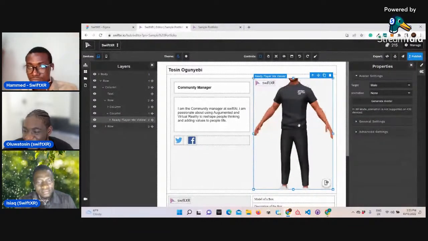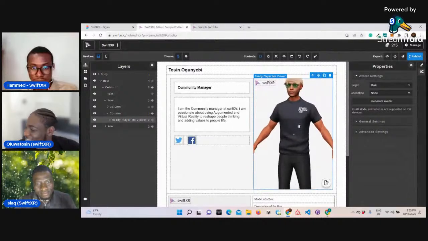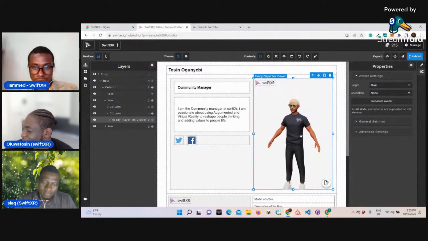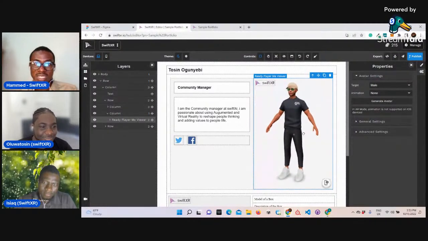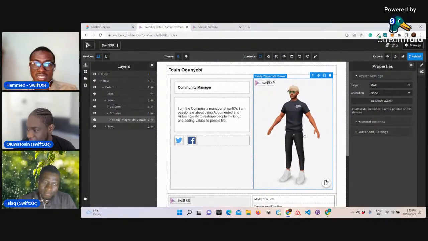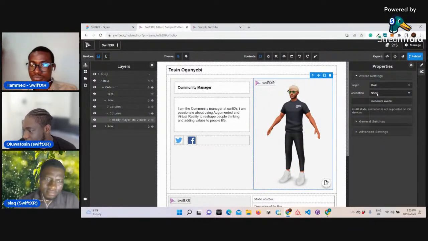So you can see, we actually have this, and of course, as you can see, the same process that we did. Once you have your avatar downloaded, like right here, you could also just click your Ready Player Me